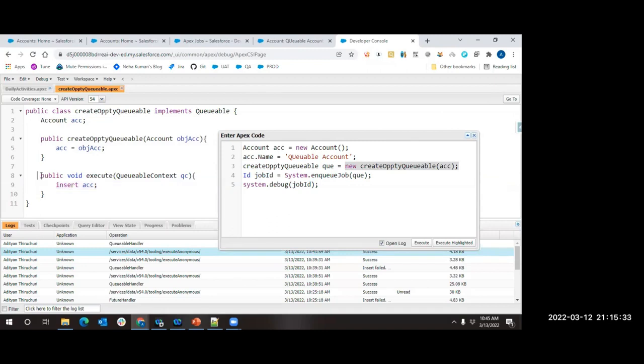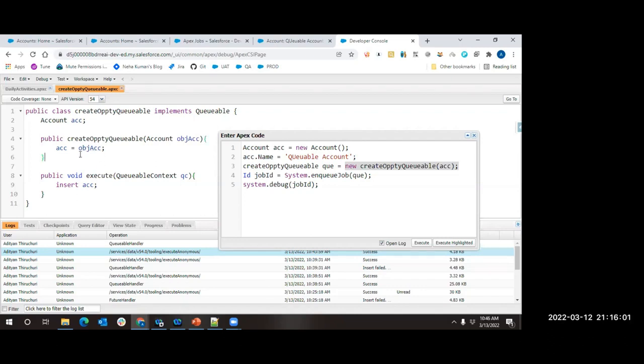For this method to make use of something, it should be a class level variable, only then can this method access it. So I have created a class level variable, and whatever parameter I am receiving, I am assigning it to the class level variable, and this class level variable is used in the execute method, so that I can pass something of non-primitive data type as a parameter to my queueable interface, and thus get my job done.